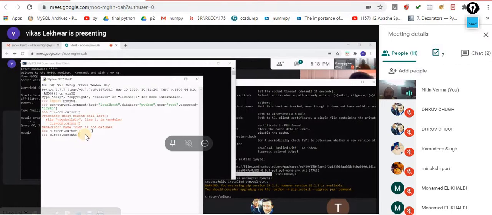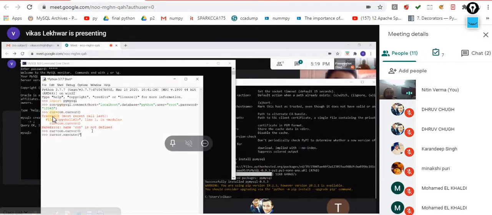In the double quotes, now how can I create a table inside that database? Now I am connected with this database. The database name is Python. Now I am going to create a table inside that database. First I made a connection. My connection variable is CON. That means I am connected to the localhost, the database name is Python, my user is root and my password is 12345. The connection is established successfully because I don't get any error.